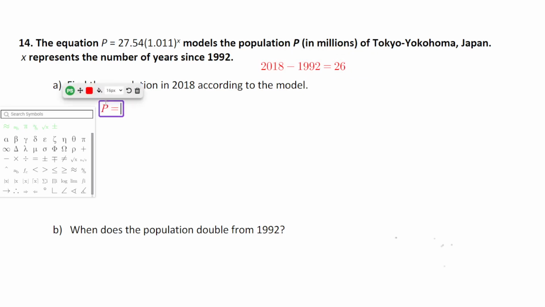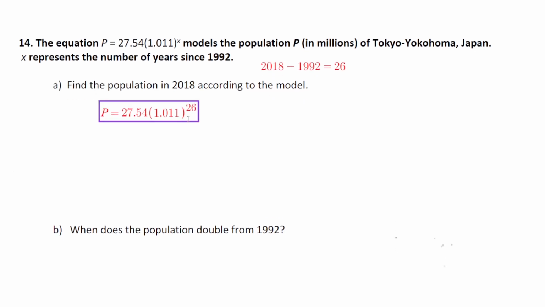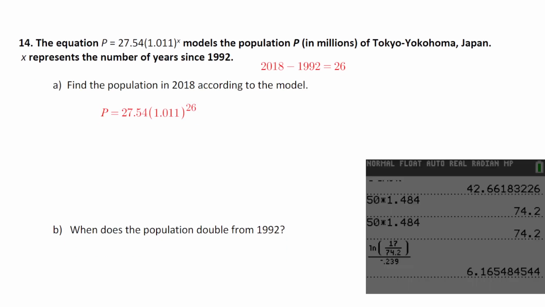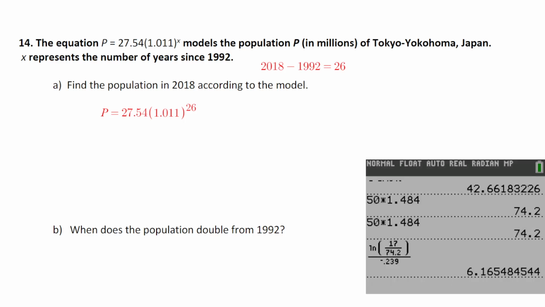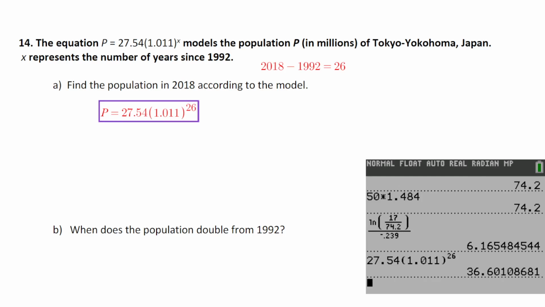So we've got P equals 27.54 times 1.011 to the power of 26. And we can estimate the population here. Let's bring back the calculator and start typing away. 27.54 times 1.011 to the power of 26. All right, so we get approximately,